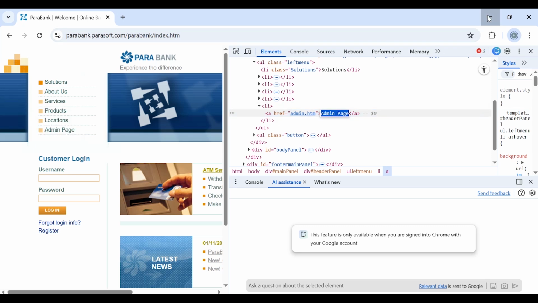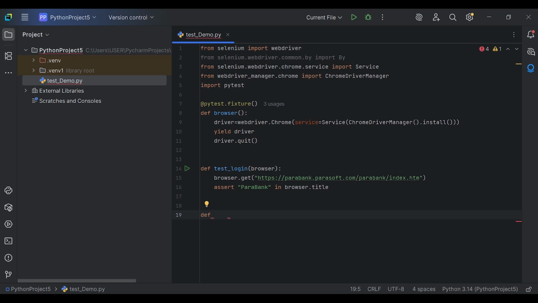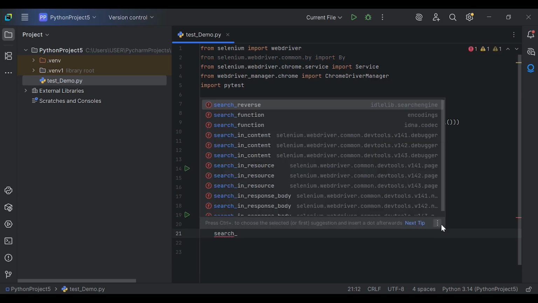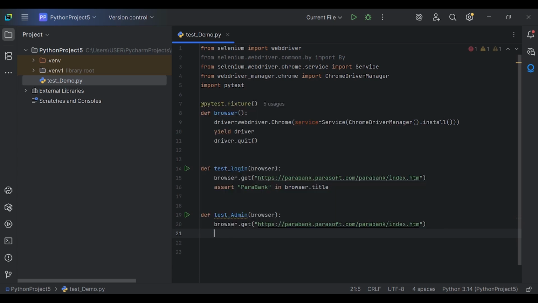def test_admin. Using the browser, navigate to this URL first, and then click on the admin link. I can write any variable name here, like admin is equal to browser